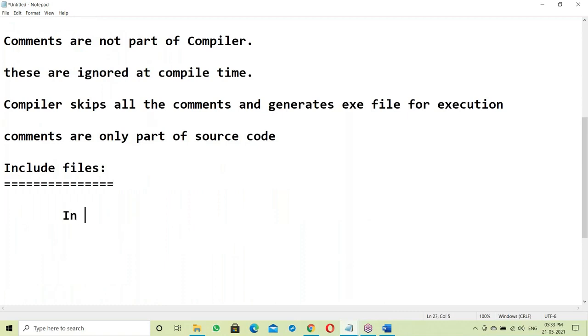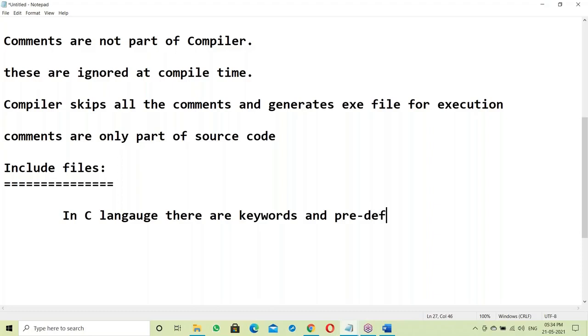See here, in C language there are keywords and predefined functions.